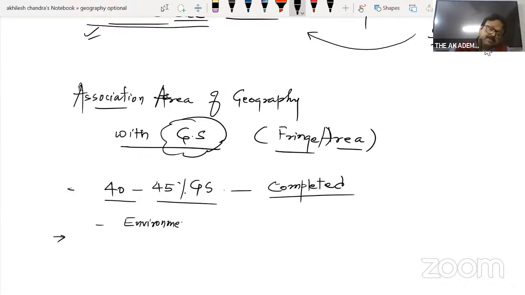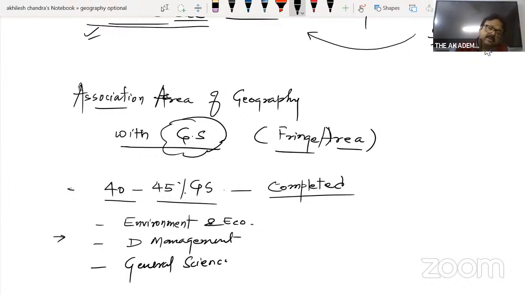For your prelims examination, environment and ecology. In your prelims, disaster management in your paper 3. And apart from it, general science, and there are some miscellaneous questions based on animal behavior, based on plant and animal taxonomy. These are questions which are part of general science, but they are also part of biogeography. Okay, so these are the areas apart from some